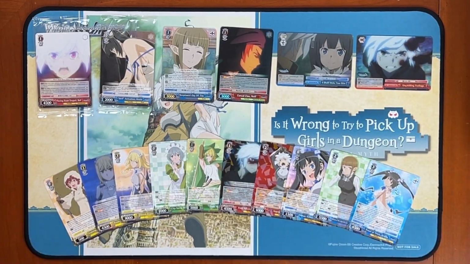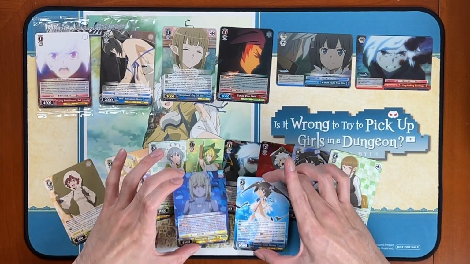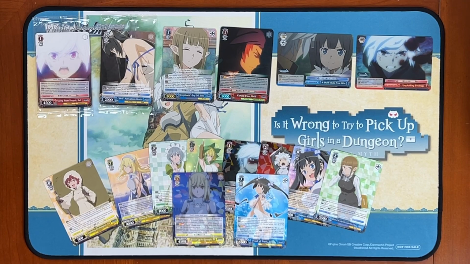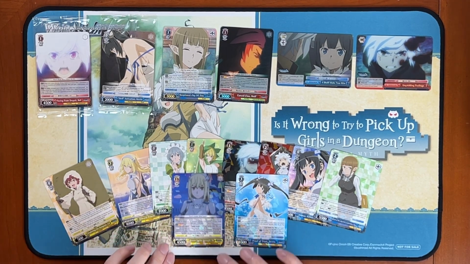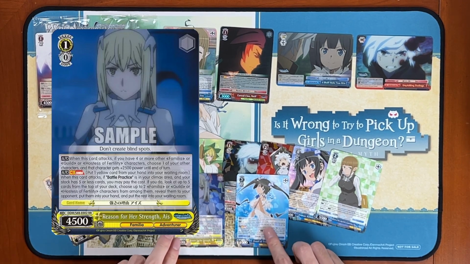Alright guys, we are back with our recap. We're going to be taking a look at the last couple double Rs that we did not pull. So the 2 that we actually did not end up pulling were the level 1 Ais and the level 3 Hestia. So first up for the Ais, this is mainly a card that you would see play in a dominantly